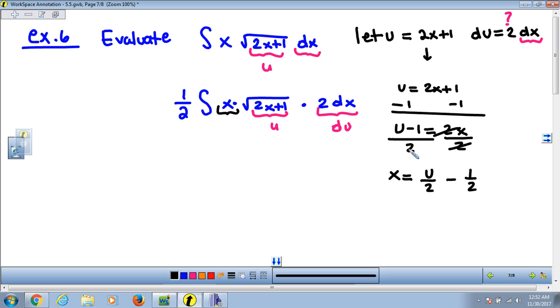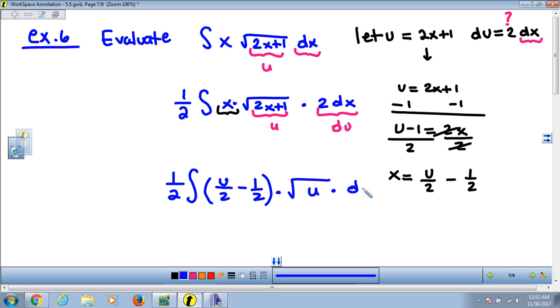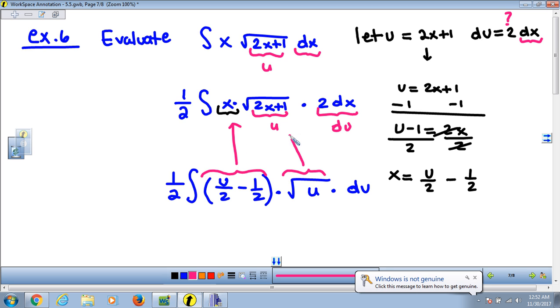All I did is I let this denominator be the denominator of each of these 2 numerators. So now that x can be replaced by this entire thing. And that's what I'll do. U over 2 minus 1/2 times, that's just the x, times the square root of u times, and this is going to be du, the dx. So all I did is I replaced this part, and this part. Okay, so now that you have that,